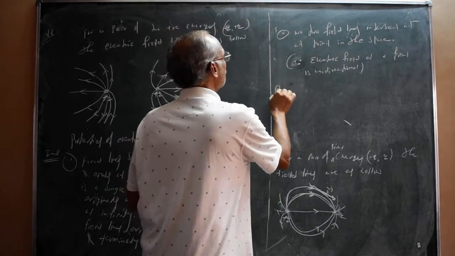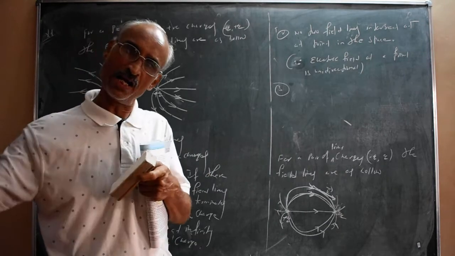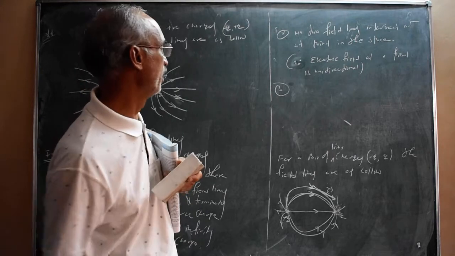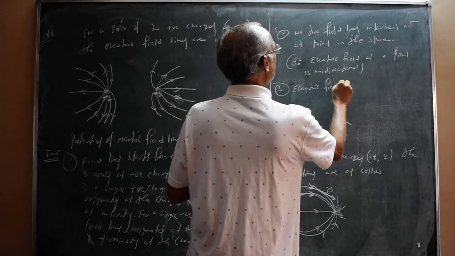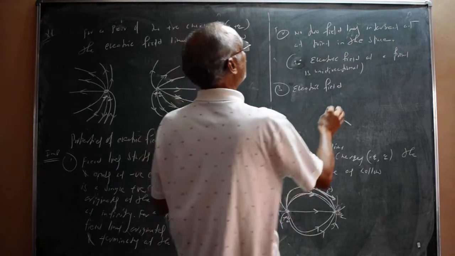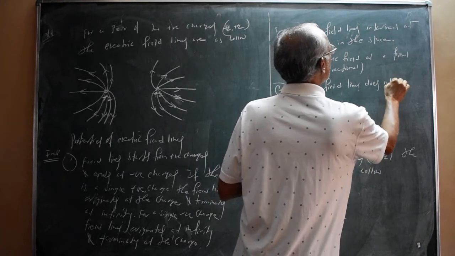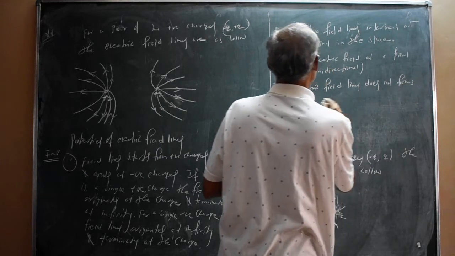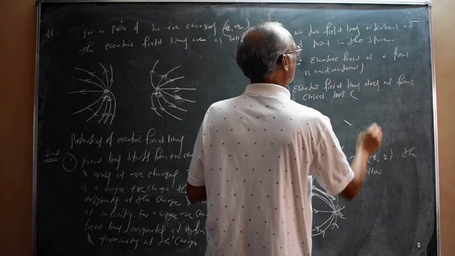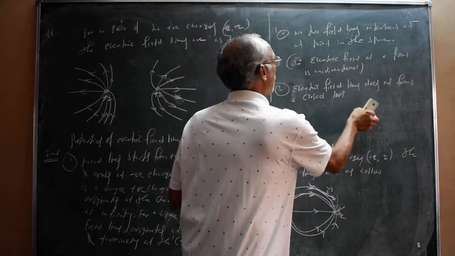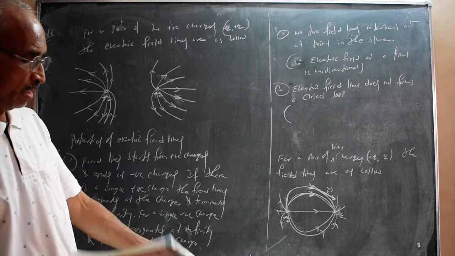Third one: electric field lines do not form a closed loop, meaning a line cannot start at a particular charge and end at that same charge. Why do they not form a closed loop? If the reason is asked, then the reason is